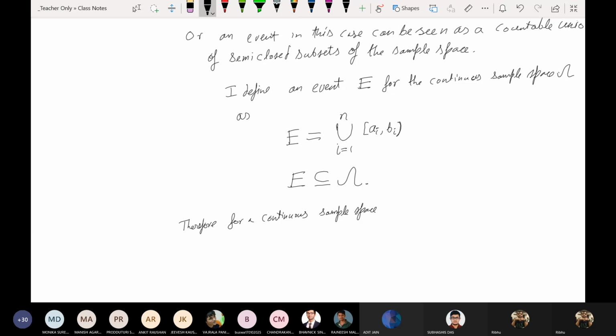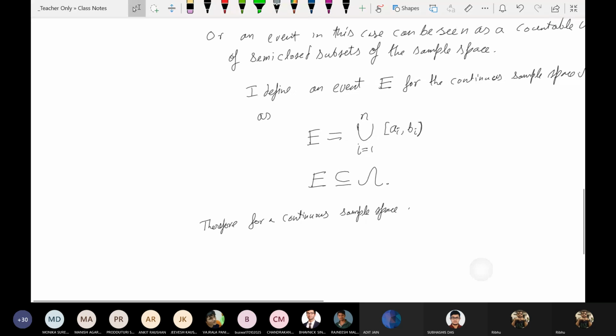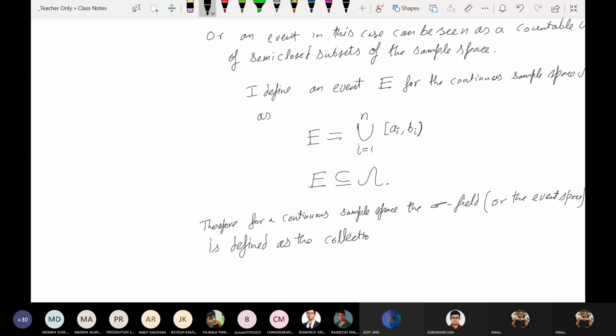For a continuous sample space, the sigma field or the event space is defined as the collection of all the events E, or all the subsets of omega, that satisfy